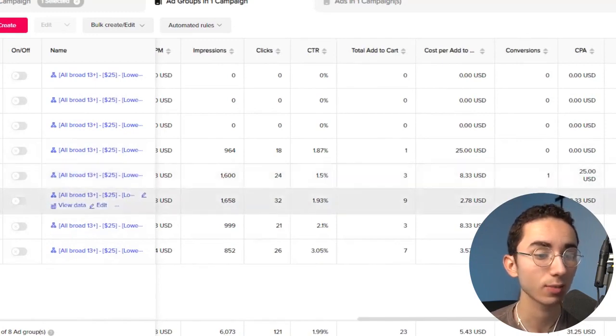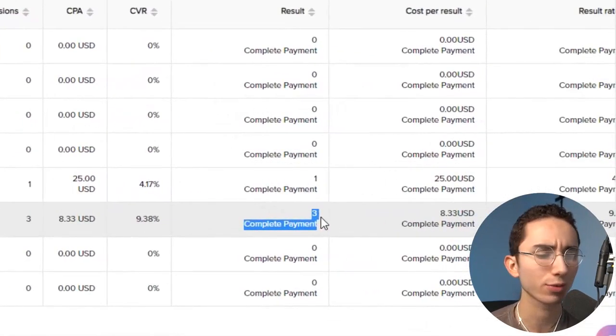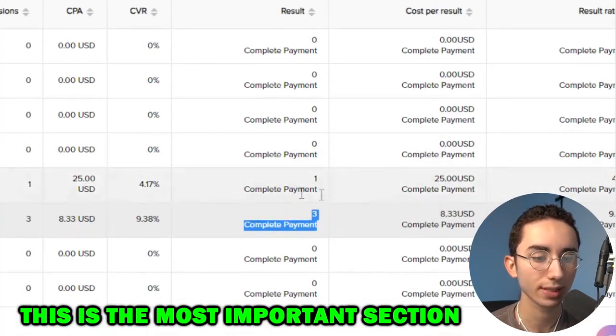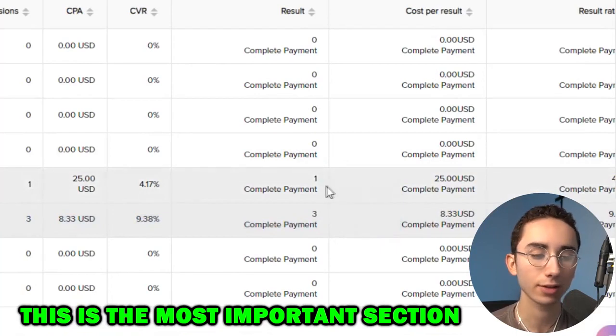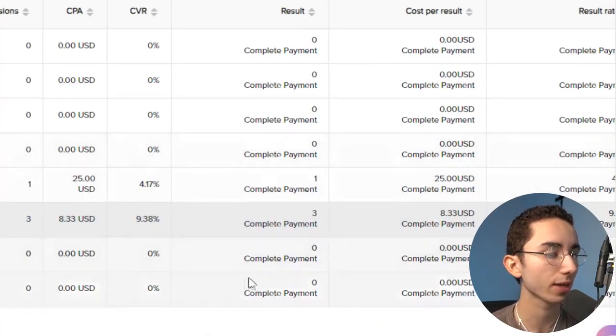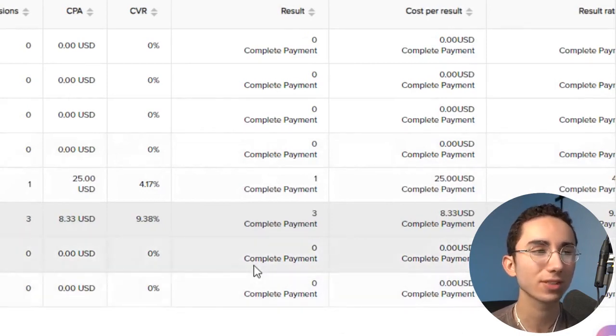And as we can see right here, this ad group is absolutely going off. 3 complete payments, $8. We are looking good. And this is the most important thing. You should be focusing your attention right in this space. But when we look at the other ad groups, we can see another one is profitable. Perfect. Then when we go to the other 3, I would say, would I turn off something that's not profitable